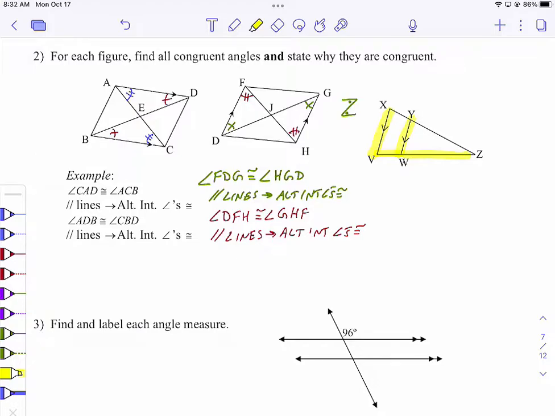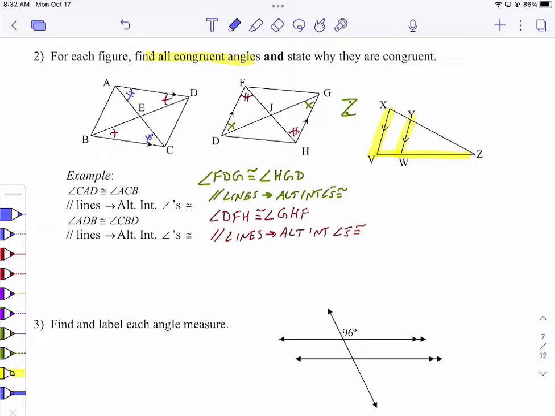For congruent angles, you wouldn't look for the ones that make the U shape. The U-shaped ones are not congruent, they're supplementary. So if you're wondering why I didn't do the U-shaped ones, it's because those add to 180. That's true that they are 180, but this one specifically says find all congruent angles. So I'm not using the U shape because the U shape doesn't give me congruent angles. So in case you're wondering why I don't use the U shape,